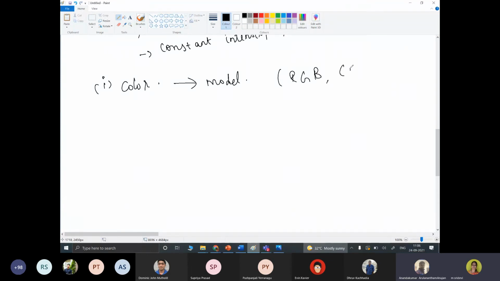There are others, the CMY color model, the HSV color model with hue, saturation and value, and the HSI model with hue, saturation and intensity. With the help of those color models, you can get different outputs, whichever is required. I'm not touching much on the color models, but when it comes to the tools, I'll show you how you can convert one color model into another. That will be discussed later.